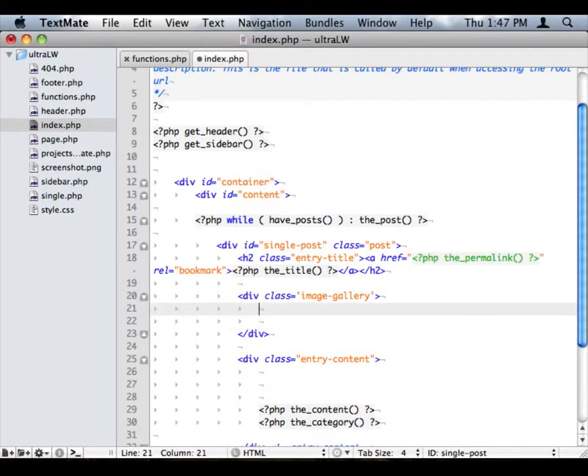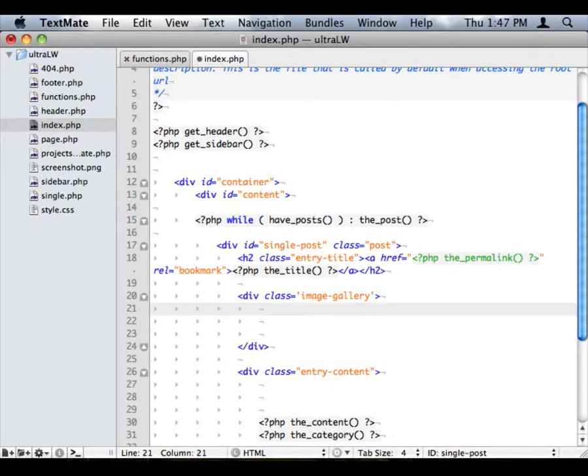Also note, I'm going to be freestyle coding here, so I might run into a couple snags, but it'll give you an opportunity to see what happens when you run into a problem and how you can fix it or troubleshoot things. So right now I've just made this new div called image gallery, and I'm going to paste in that little chunk of code,